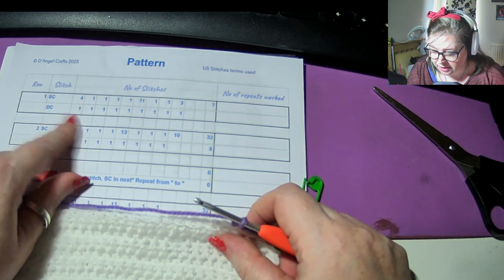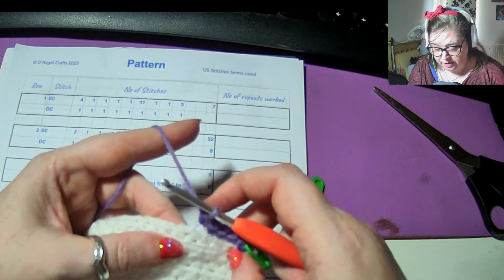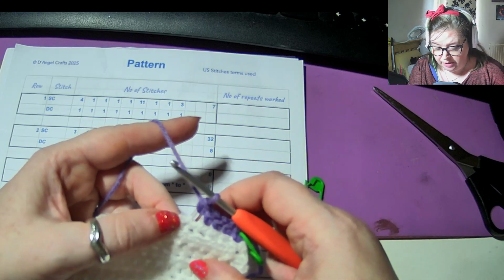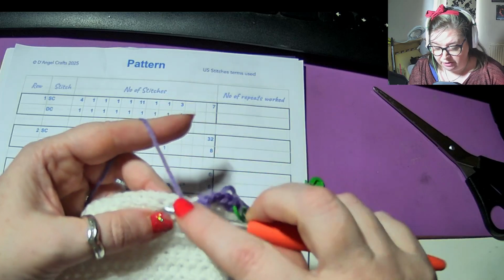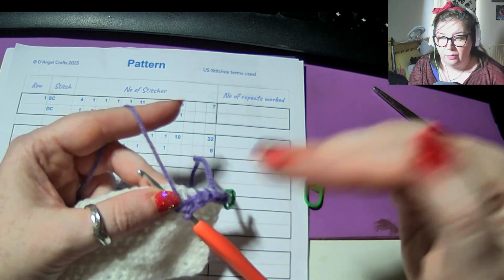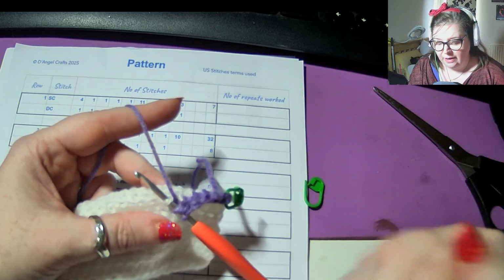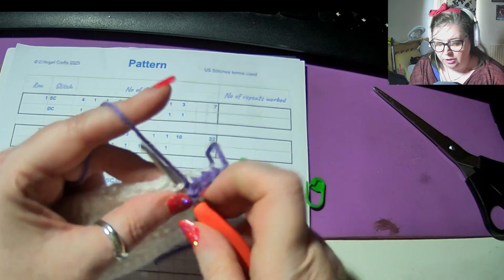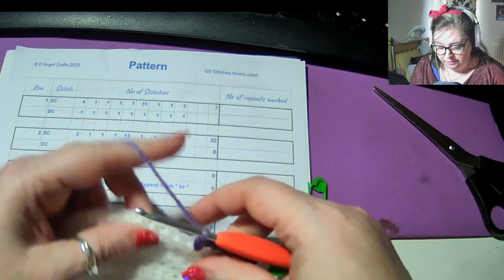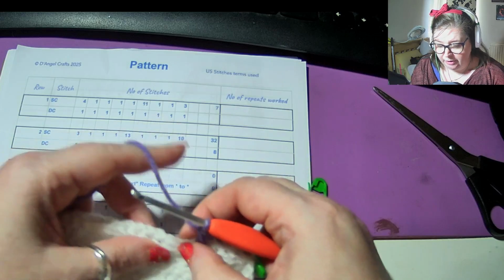We're now going to drop down to the double crochet and we're going to do that into the previous row, into the loop that's left over from where we've done the single crochet in the back loop. That leaves us with a loop at the front of the work, so we're going to use that to do our double crochet. So there's our double crochet. We're going to ignore the stitch that's behind that one, and then we're going to start working into the next one,